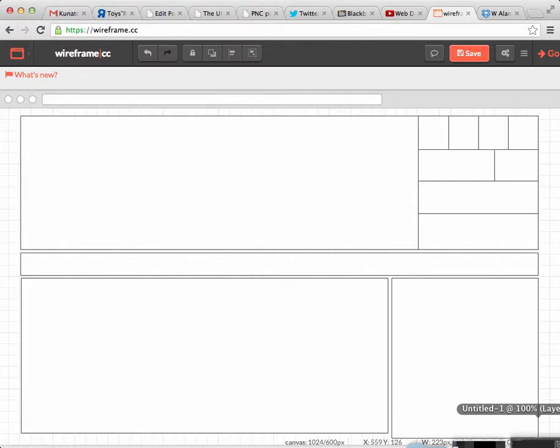Sometimes when you're laying your websites out with HTML and divs and CSS, it's not always going to be an ideal layout where you can slice it in perfect rows from Photoshop. I've put together this quick little wireframe.cc for you that shows a basic rendering of what a website layout might be like, where you've got a header, you've got a nav bar, and you've got a couple of columns